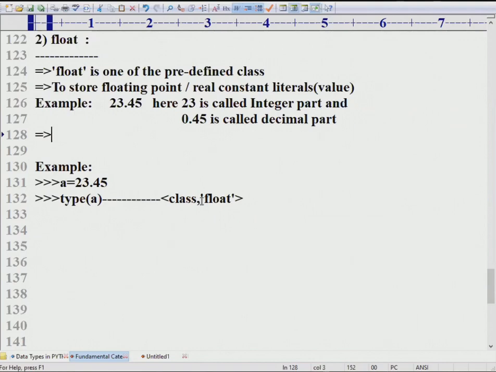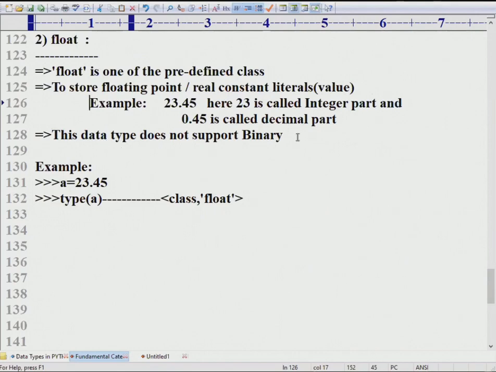I am writing this data type, this data type does not support what? Binary. Write down, you also write down. Beginning note, point by point you write. These are all properties of the data types I am discussing. This data type does not support to store